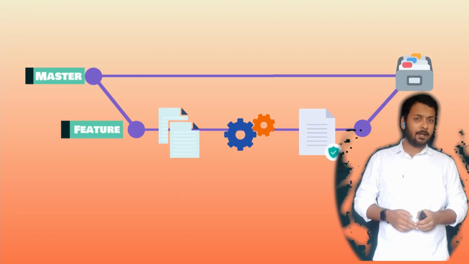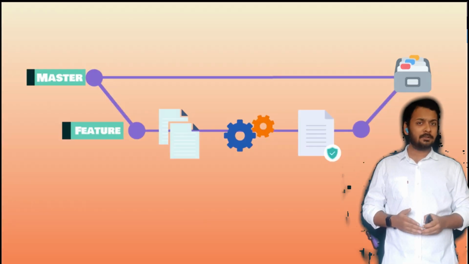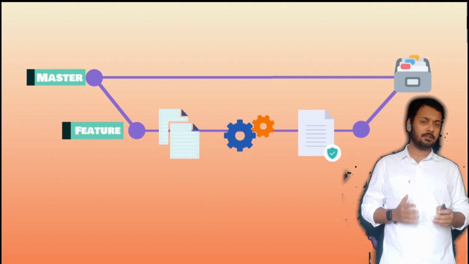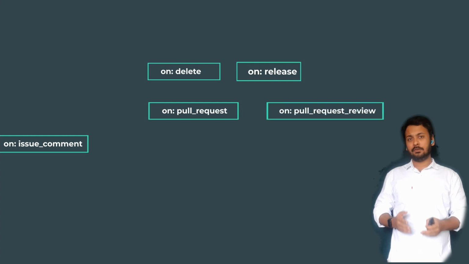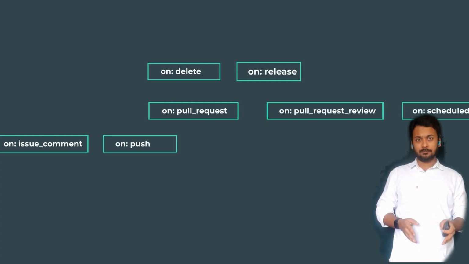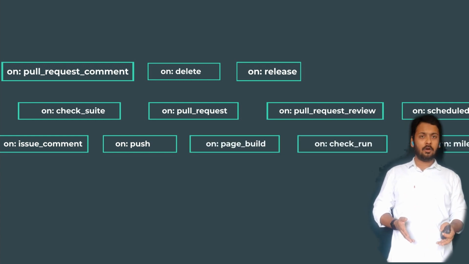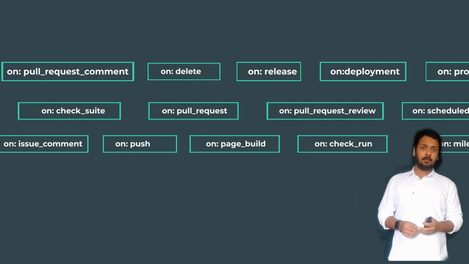GitHub Actions can be applied to any stage of this workflow. You can apply an existing GitHub Action which is present in the GitHub Marketplace, or you can create a custom one which is specific to your needs. So GitHub Actions are event driven, meaning you can execute a series of commands when an event has occurred. For example, you may want to lint code when there is a pull request, or run a build command whenever your code is merged with the master branch. Now we know where to apply automation using GitHub Actions in our software development workflow.